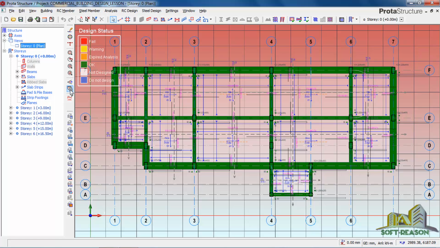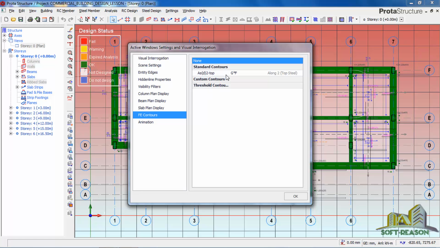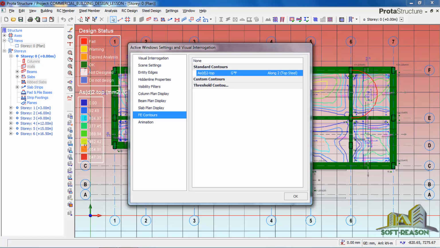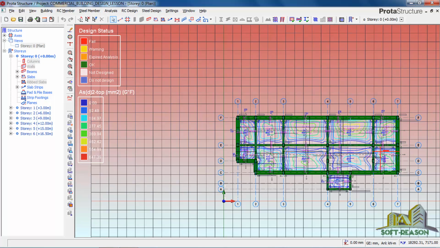Come to this view setting, click on the view setting. Then you click on this FE contour, meaning finite element contour. Now this contour was saved when we were running our raft foundation. If you check that video on the commercial building design, you will notice that we saved this particular contour. So you click on it here, and when you click on it, it will show up here. You can see. So this is just what I want to show us and I want us to learn,